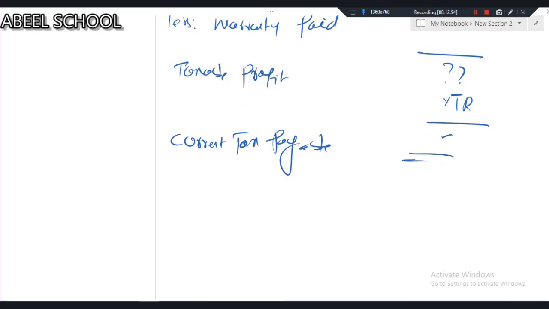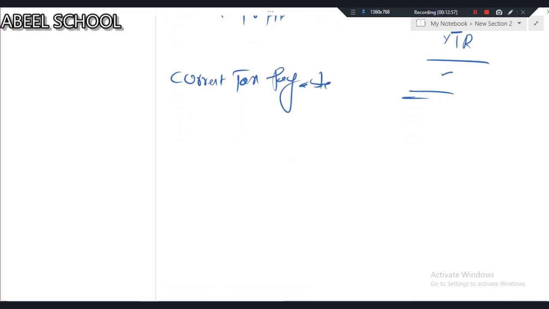Okay. Now another concept. In IAS 12, there's a very important concept which I'm going to tell you. Please try to understand what I'm explaining right now. It is possible, due to taxation rules, that you might be paying more tax in the current year, even though your taxable income is less, but what tax people did,